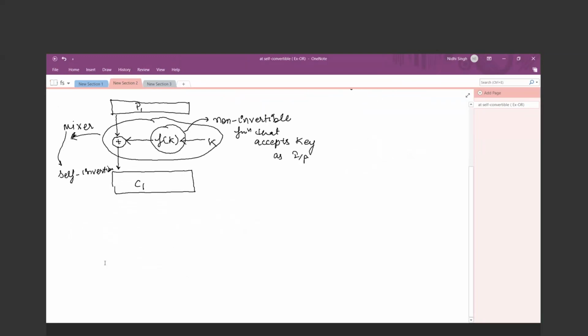So in this case, now the problem is that the encryption and decryption algorithms must be inverse of each other, as you know. But now we have used a non-invertible function over there. So how can we generate the corresponding plain text in the decryption procedure? Because we can't find the inverse of that function. And if we can't find the inverse of that function, then how can we perform the XOR operation? So that is the point: how can we perform the decryption operation in the case of Feistel cipher.